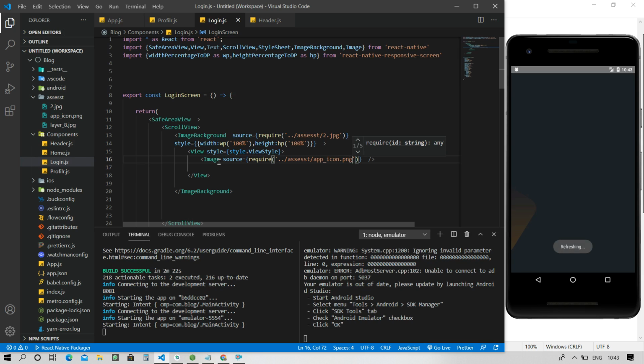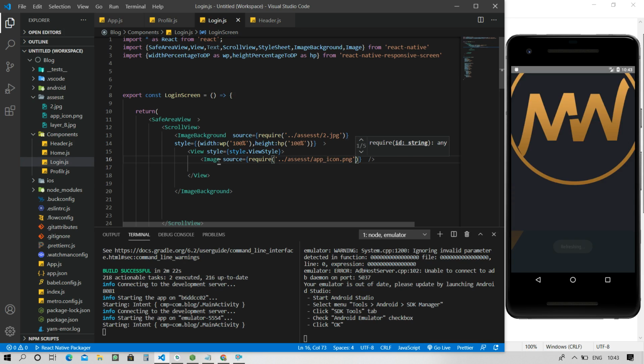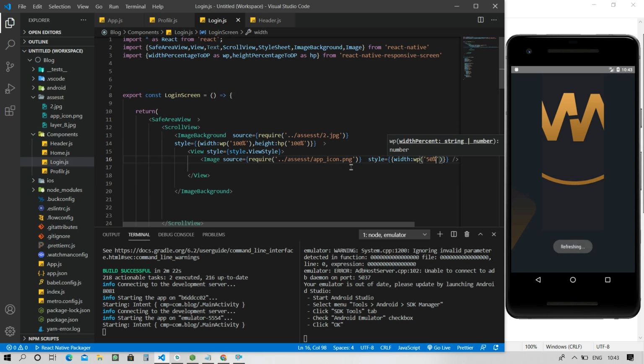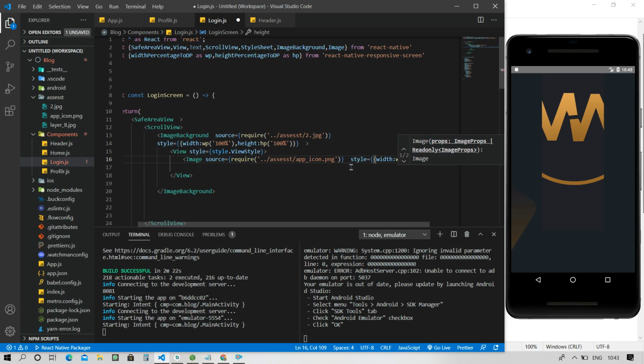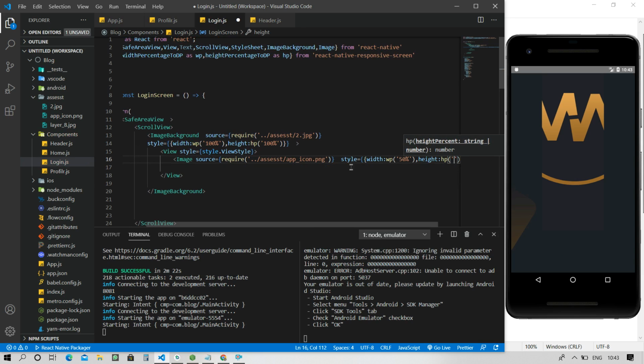Control S. Nothing appears. You can see that here an icon is appearing with a very large size. So I am going to give a width of wp of 50%. Control S. And I am going to give a height of hp of 30%.